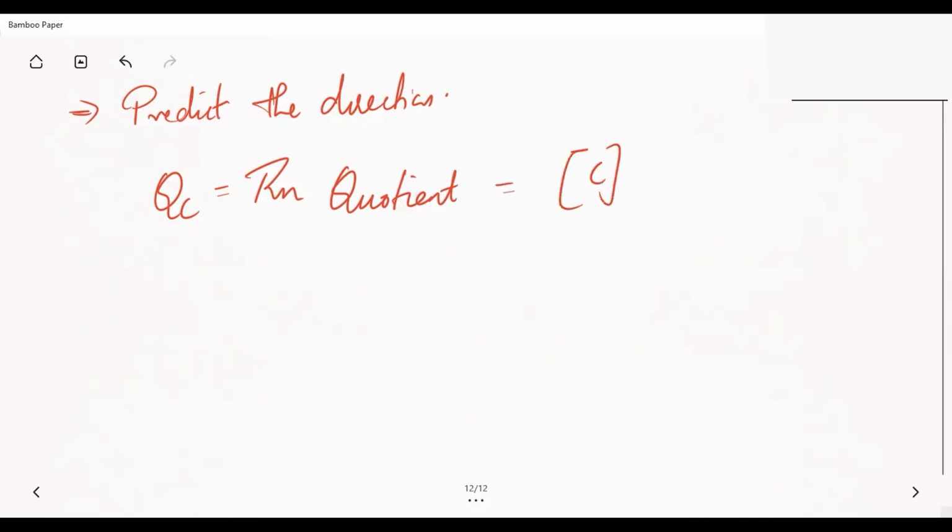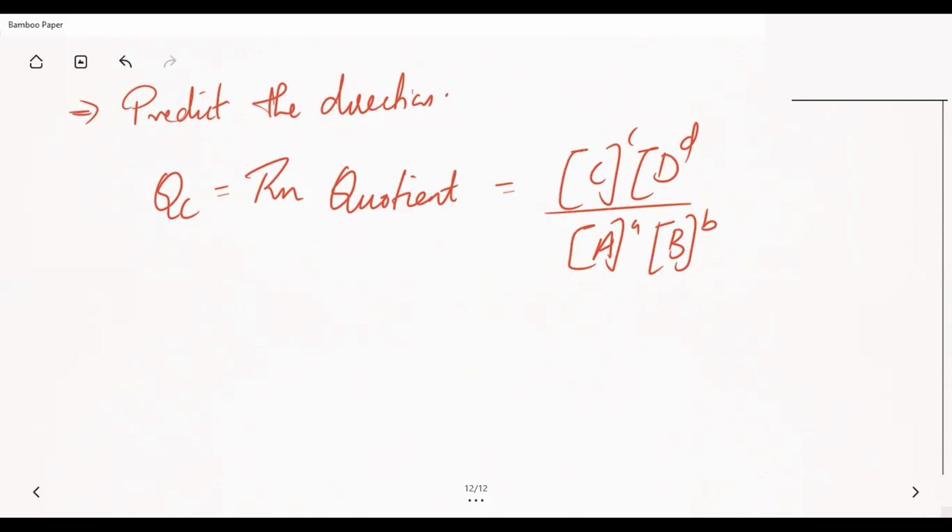Okay, equilibrium equation, [C]^c [D]^d by [A]^a [B]^b. Same equation, but this is not at equilibrium. Okay, not at equilibrium. That is the only meaning. The ratio of the concentration of the products to the concentration of the reactants at any instant other than equilibrium, that is Qc, that is reaction quotient. Okay, then you can easily find the